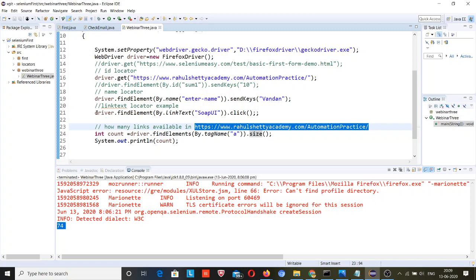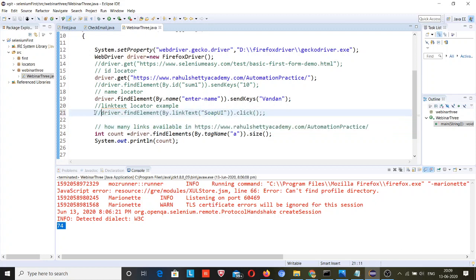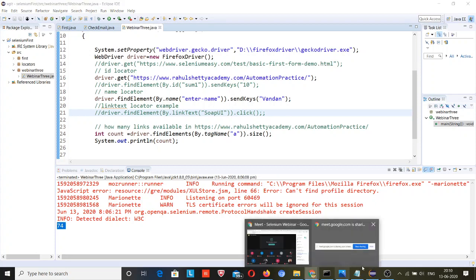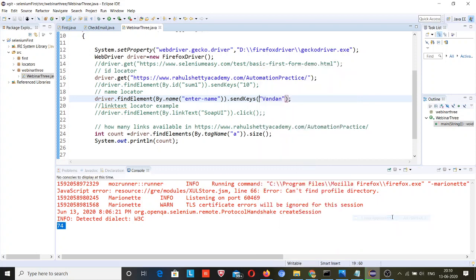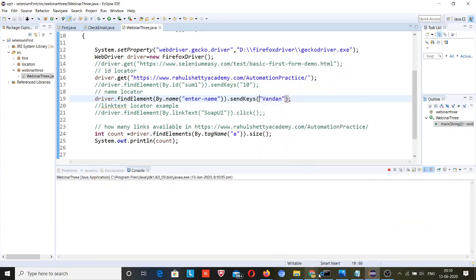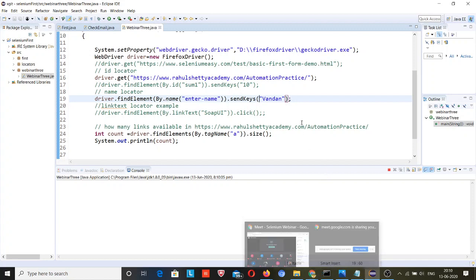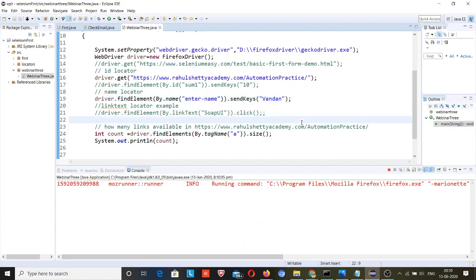So what I will do is comment this code so I can count the number of links present in this web page. So it means that whatever I am going through, you guys can relate to that.